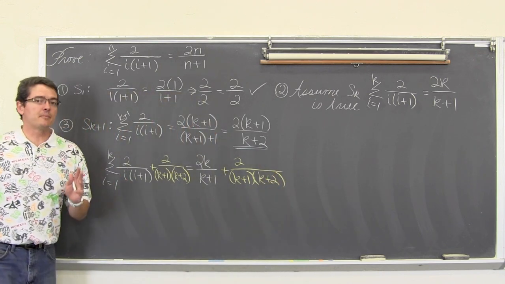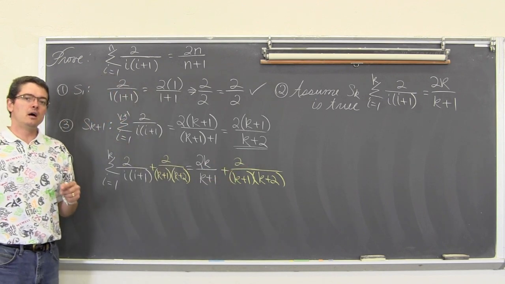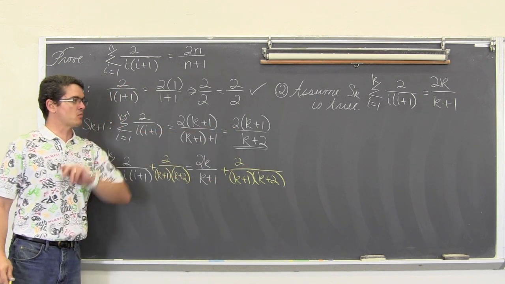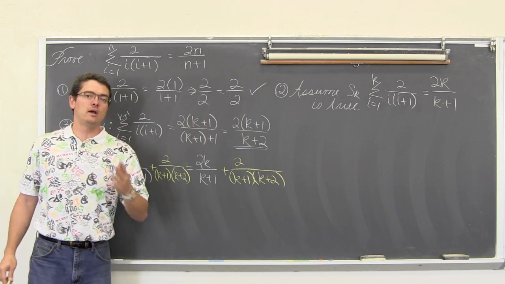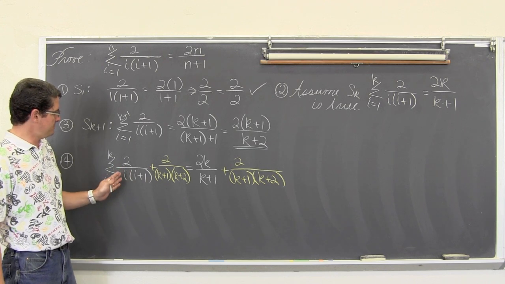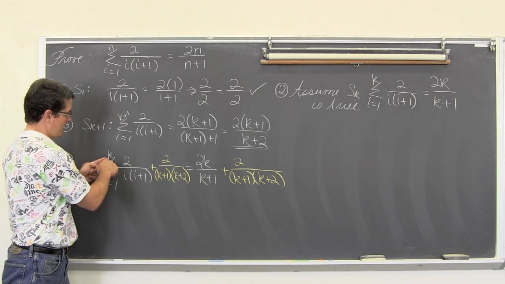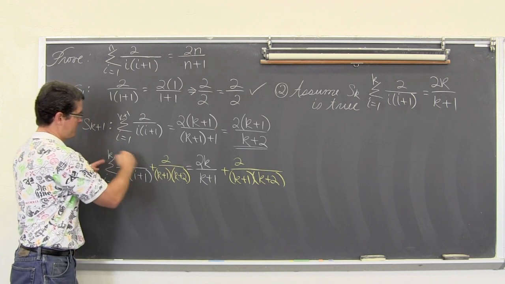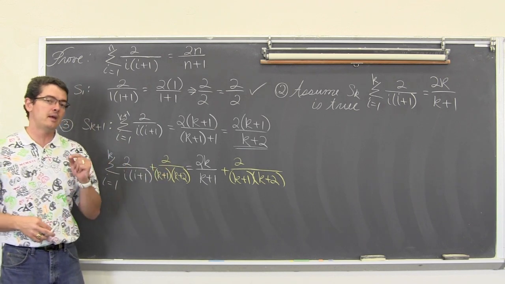And now for the rest of my proof, I'm going to focus on just the right side of this equation until I get, hopefully, this right side that I had up here when I figured out what the S sub k plus 1 equation, or the term, should look like. Now I'm also going to rewrite the summation notation one more time because the upper limit was k, but I allowed it to go to the k plus 1 term. So I need to change my upper limit to k plus 1.